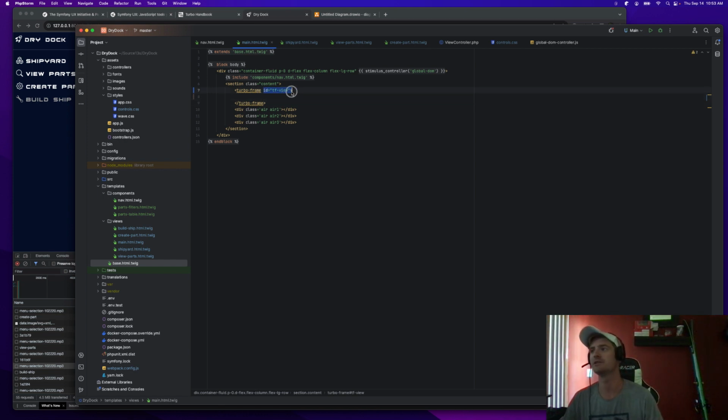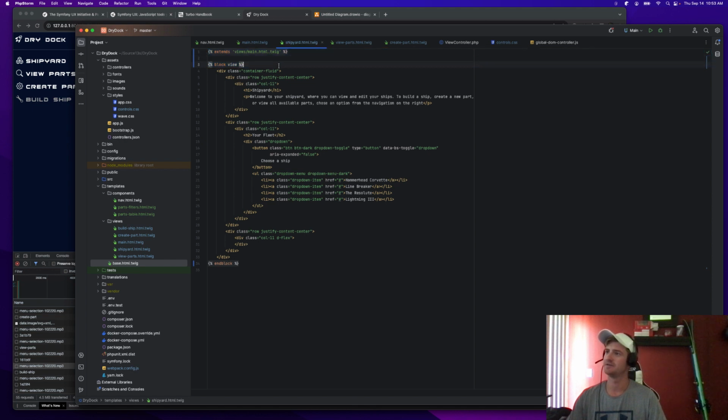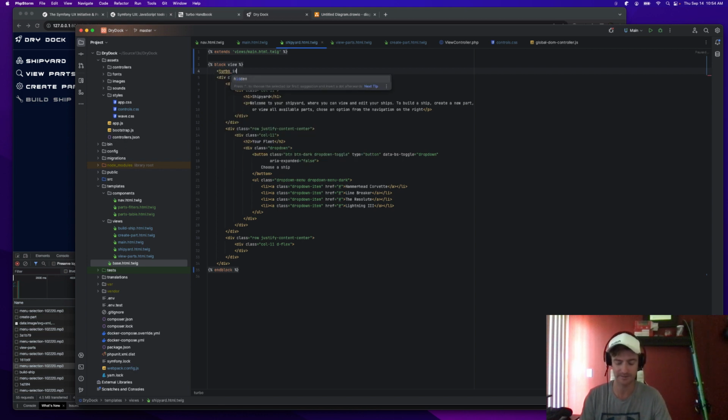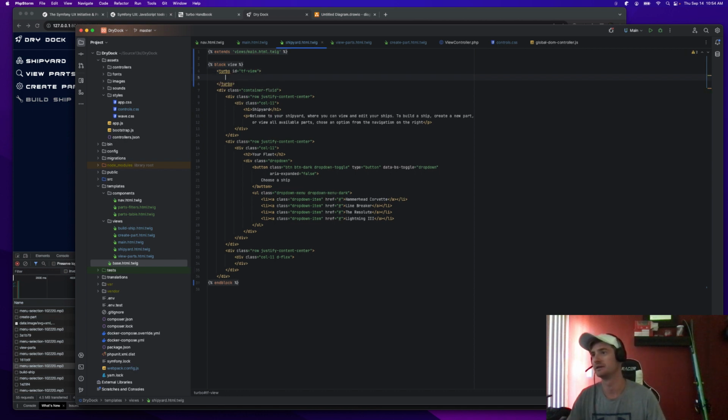But turbo frames, you have to give them an ID. And what happens is, let's say in this view, we just kept everything the way it is. We can actually do that, and it's going to work. I don't like to do it for cleanliness, but if we just keep all this stuff,